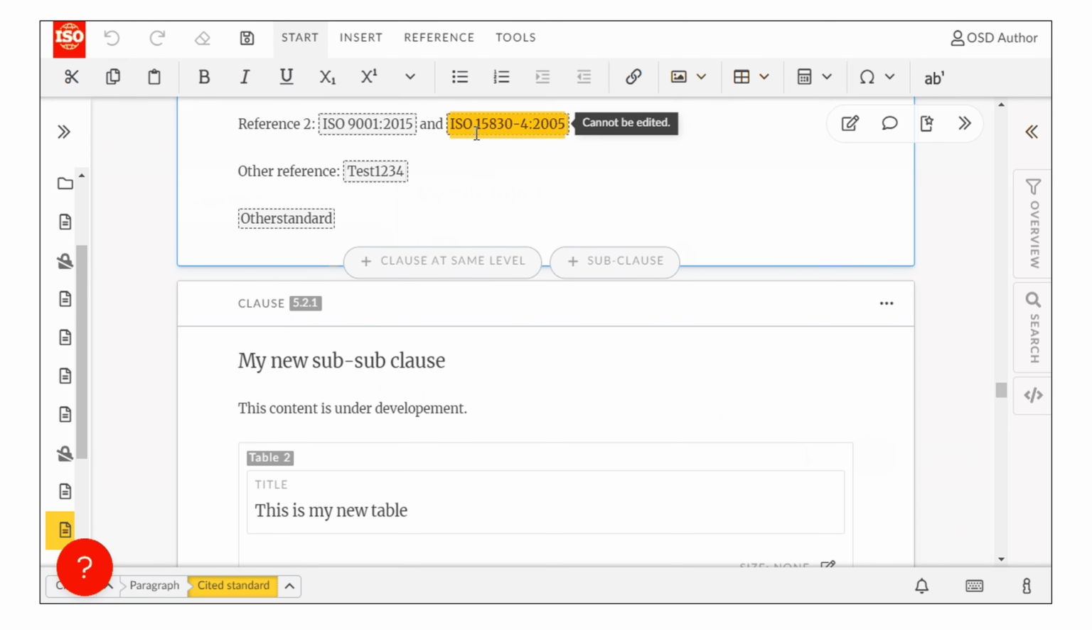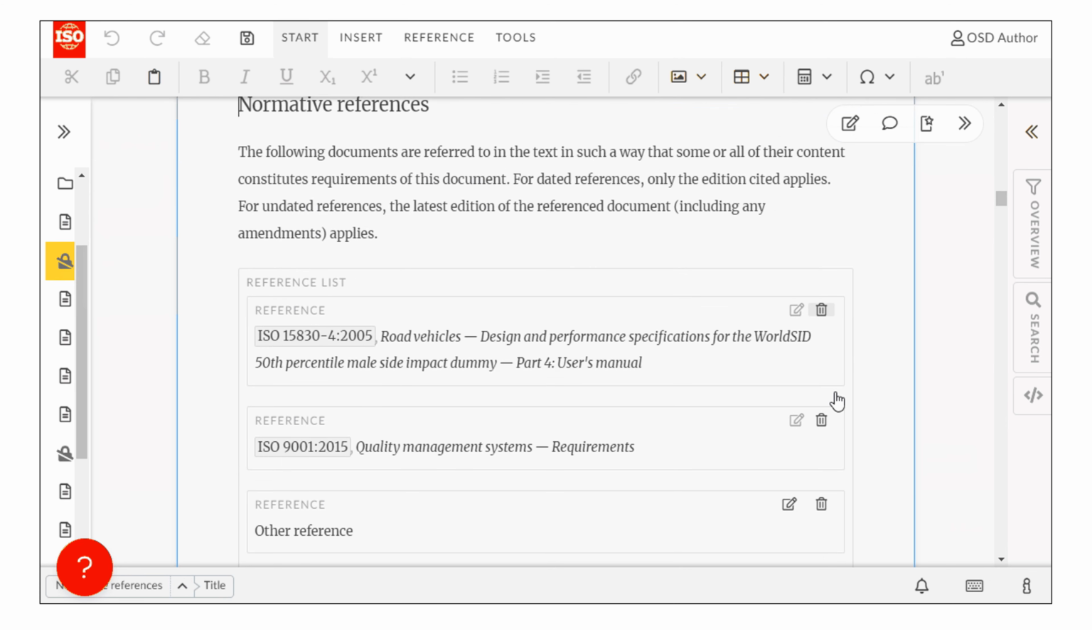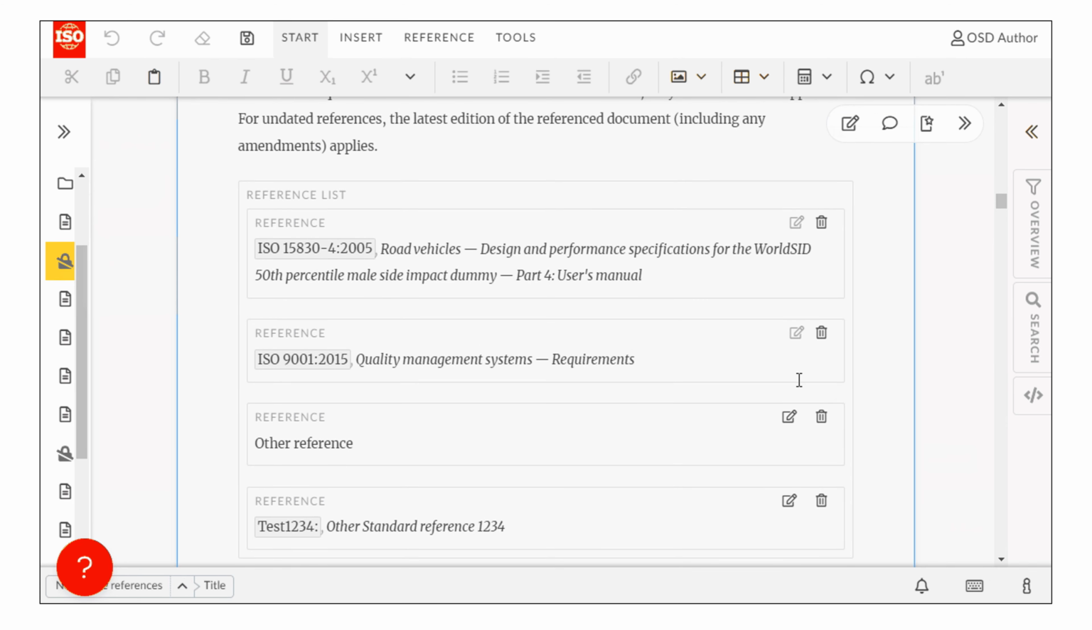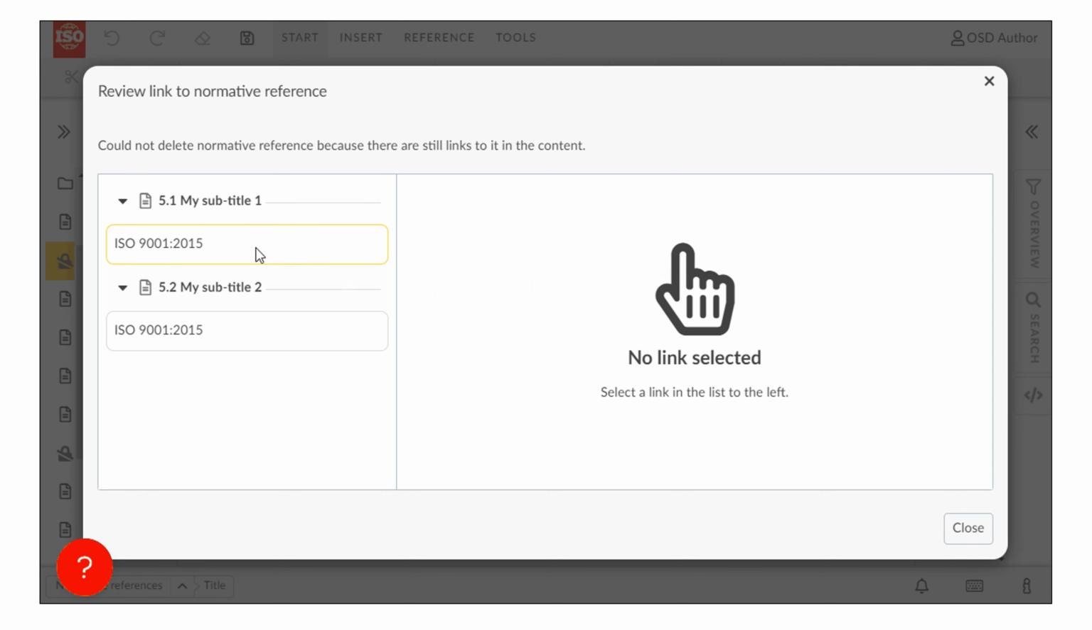In this case, we choose to click on the Show in Editor hyperlink to go to the actual place within the draft where it is referred, and we decide that this is not the reference that we want to delete. Instead, we choose to delete a different reference. Again, there are links to the reference in the draft, so a warning is displayed and we click on the